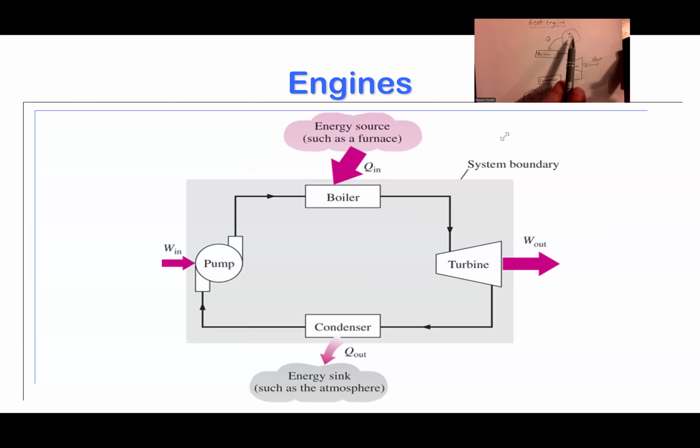T sub H is going to be some high temperature source like a coal fire, a natural gas fire, the sun, a nuclear reaction, something that is a very high temperature, can pour a lot of heat into the boiler, use that to generate a lot of high pressure, high temperature steam, run that through the turbine, extract work out. And then again, what heat couldn't be converted into work out needs to get rejected to get the system back to a point where it can operate